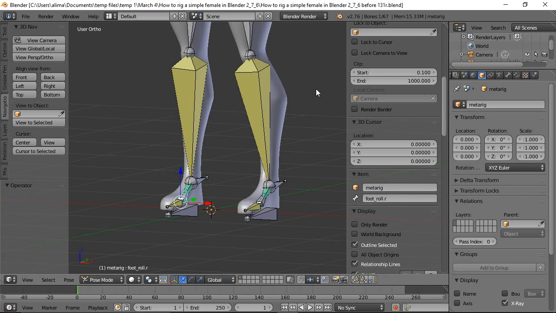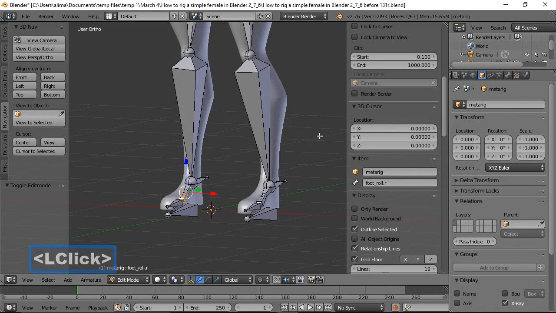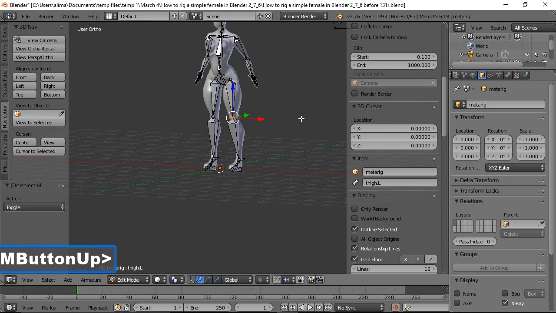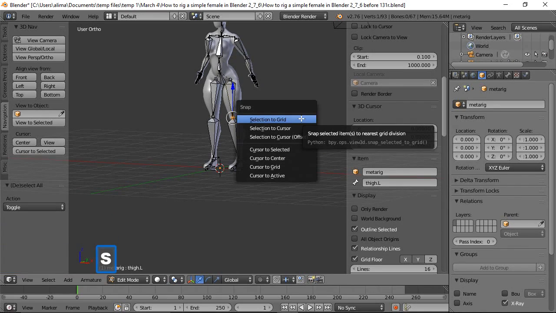Okay, what we're going to do now is add something called pull targets to our armature, and this just assists as far as setting up poses, dealing with the legs. So what we're going to do is click here and then go back to edit mode because we do need to add another bone. I'm going to press A to deselect. I'm going to select right here. I'm going to hold Control, hold the middle mouse button. Then I'm going to press Shift S to bring up our Snap to menu, and then I'm going to choose